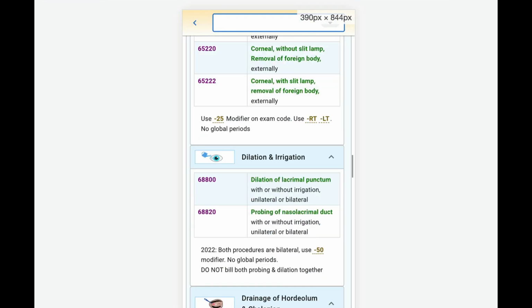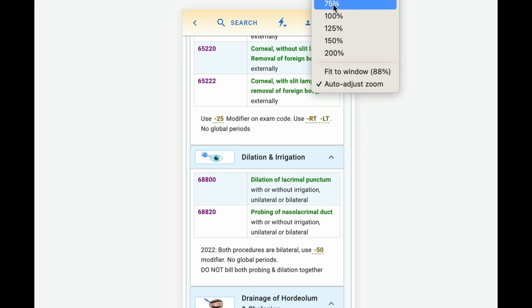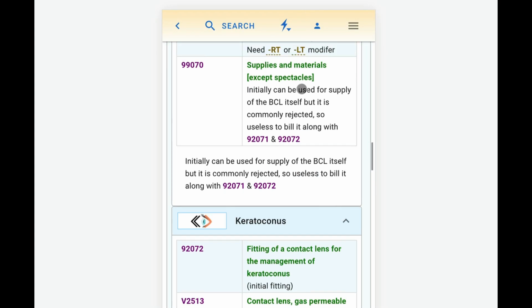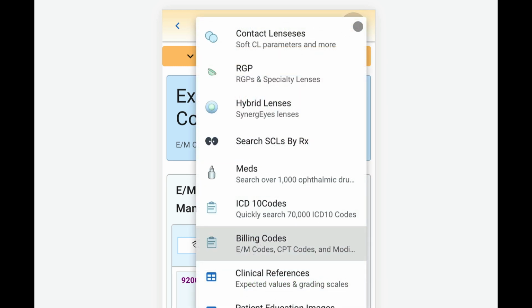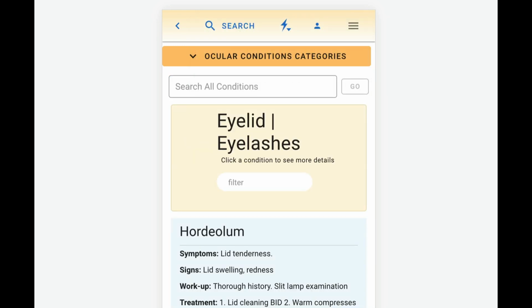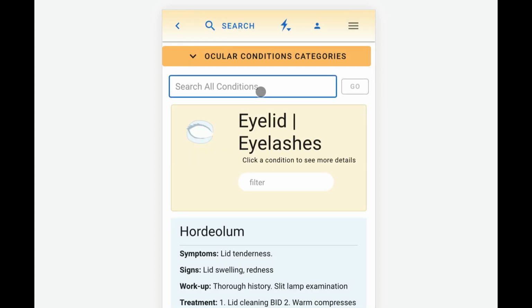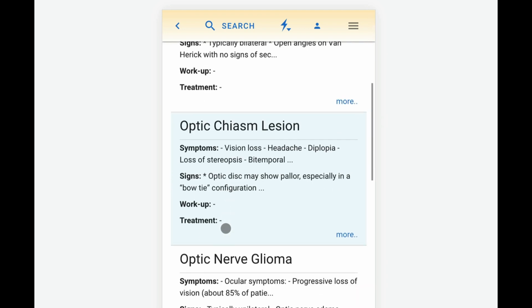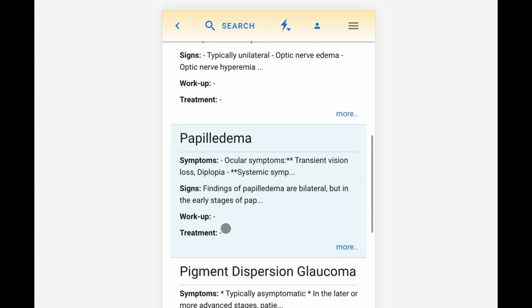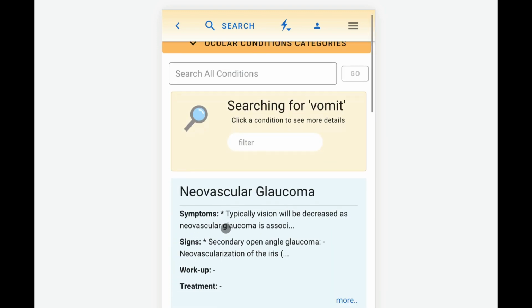So let's go to a mobile device. Let's make this a little larger. So here's IDOC on a mobile device, and we can either go to ocular conditions by navigating here, or we can still use the search box, but I'll just navigate to ocular conditions. Let's do a search all conditions. So let's think of something else to search. Let's just search for vomit. Not a pleasant thing to search for, but probably the same stuff that is related to nausea. But if we search for vomit, we can find things that are associated with vomiting and